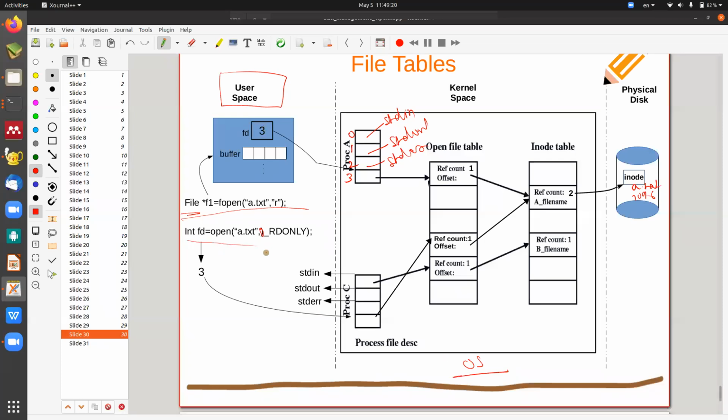Since you are using the system call directly, the file descriptor is there, but it is not shown here. But when you use the C syntax with fopen, it is doing the same thing internally. This fopen has to call open, and this open will create this file descriptor. So here also indirectly the file descriptor will be stored inside the structure. Meaning fopen and open, whether written in C language or as a system call, are both internally the same. Don't be confused. It is creating a file descriptor. But how is this file descriptor pointing to this area?